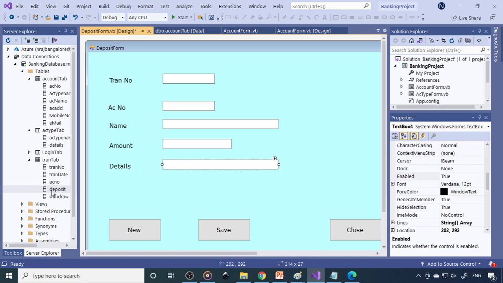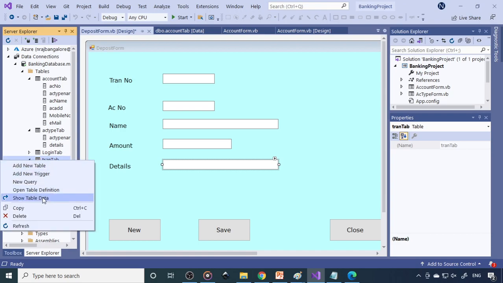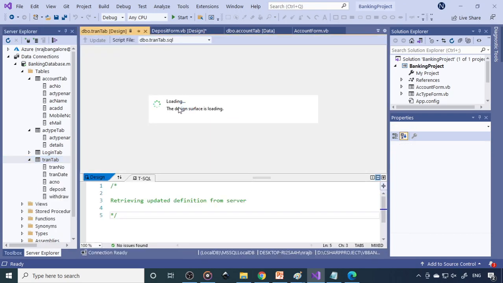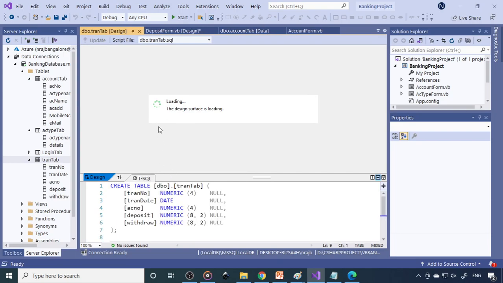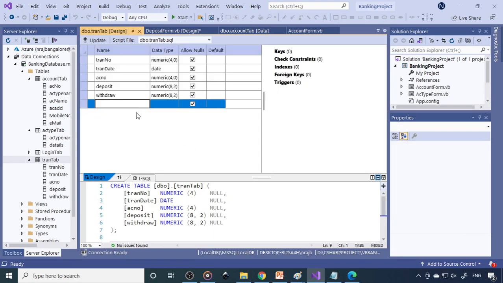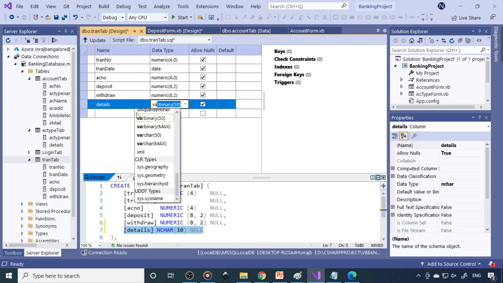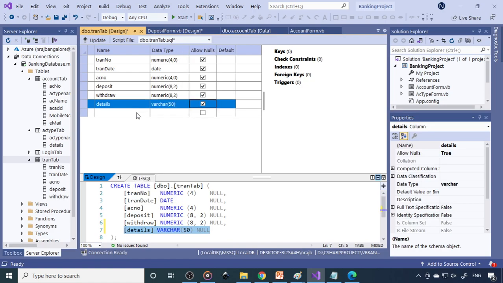Now say that in our table we don't have the details column, so we need to add one more. So open definition. This will take a long time, so it is better to generate the SQL statement. So details, this is varchar of 50.